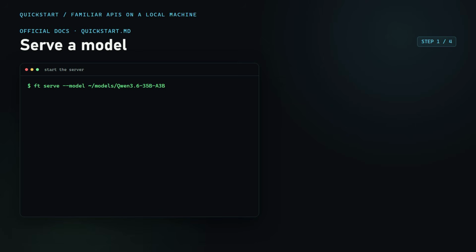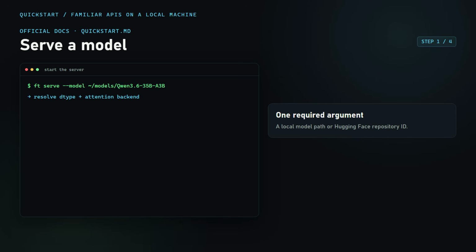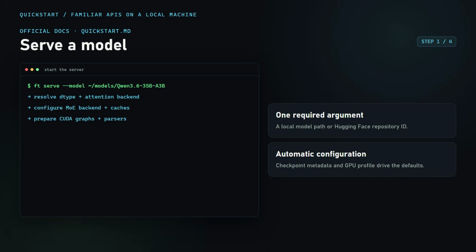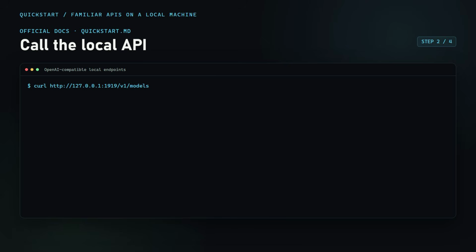Now, launch the server with one required argument, ft-serve-model, followed by a local model path or Hugging Face repository ID. FreeToken resolves dtype, attention backend, MoE backend, cache sizes, CUDA graph sizes, and parsers from the checkpoint and GPU. Wait for the log that says the API server is ready on